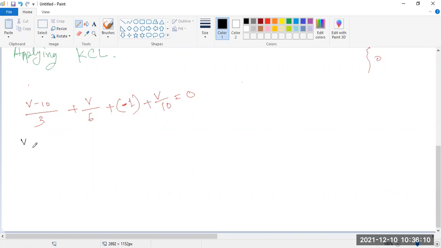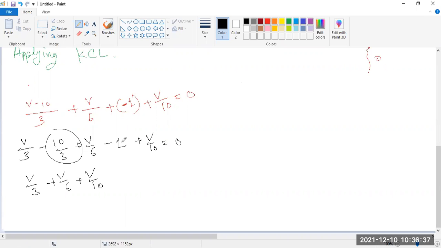So we can solve it by V by 3 minus 10 by 3. Okay, and this is V by 6 minus 1 plus V by 10 equal to 0. So we can see so many currents are there. So this is V by 3, plus V by 6 plus V by 10, and these are the negatives. So we can put it, this is 1 plus 10 by 3. Okay,